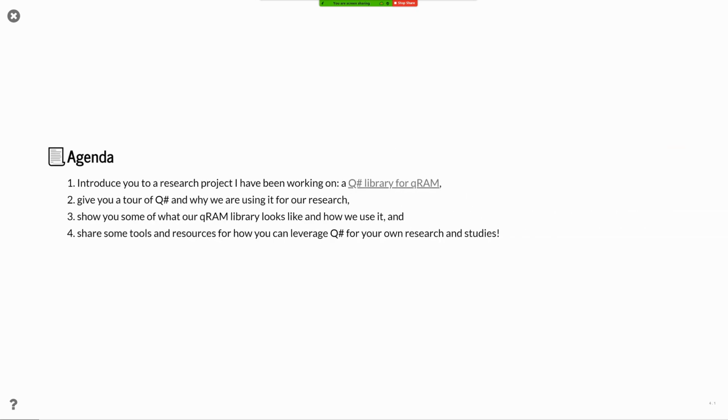So let's talk about it. Today I want to introduce you to this research project, which is basically writing a library that implements a bunch of different qRAM proposals. I want to give you a tour of Q# and why we're using it for our research. I want to show you our actual literal library, some of the code, so you can see the Q# stuff in action. And I want to share some tools and resources